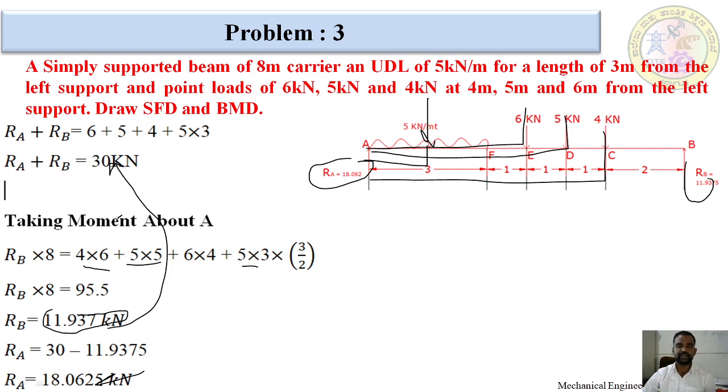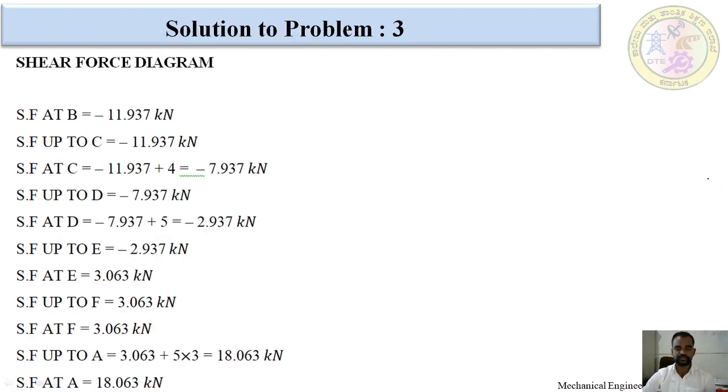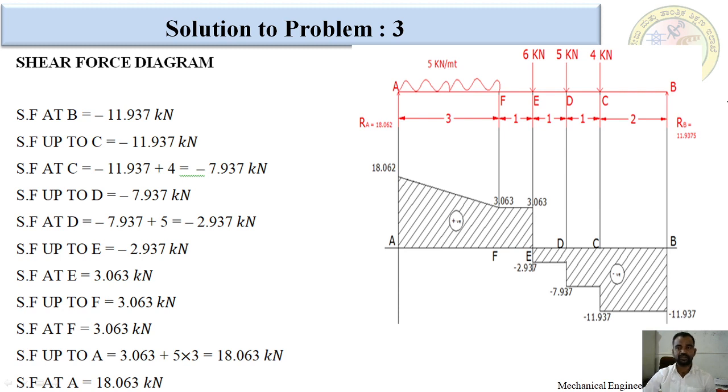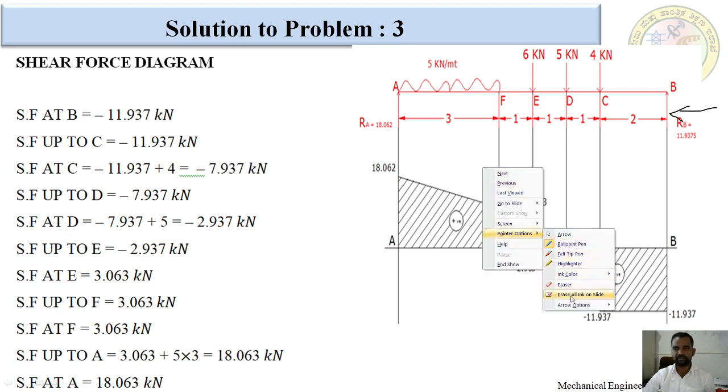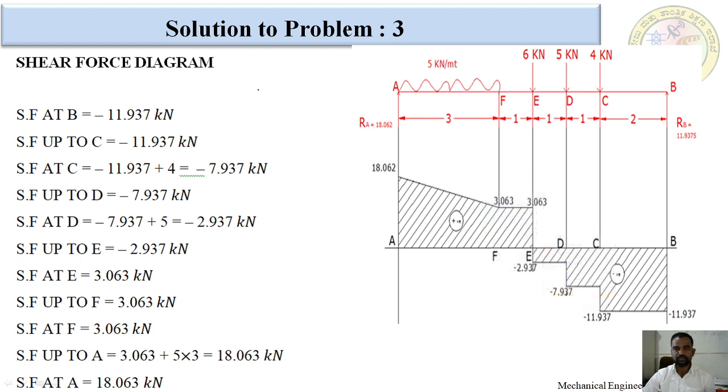After calculating RA and RB, we are going to the next slide, that is the shear force calculation. Now individually we have to start every calculation from the right corner. As we did in the previous problem, in shear force calculation, from right to the section, upward force is taken as negative and downward force is taken as positive, as per the sign convention. I am going to take the section over here. This is only one upward force, that is a negative force.